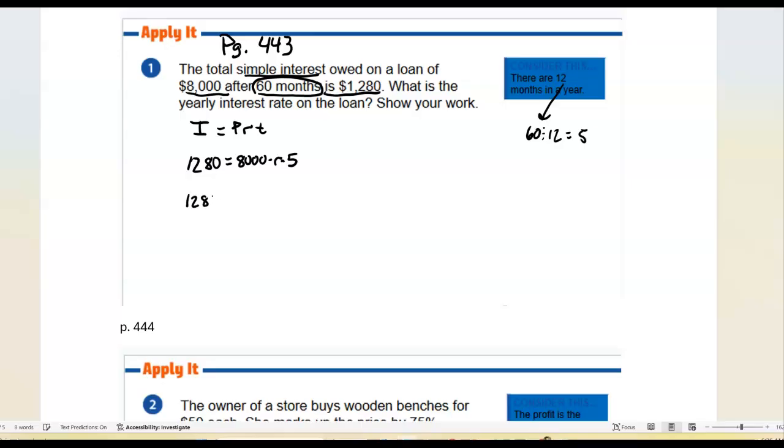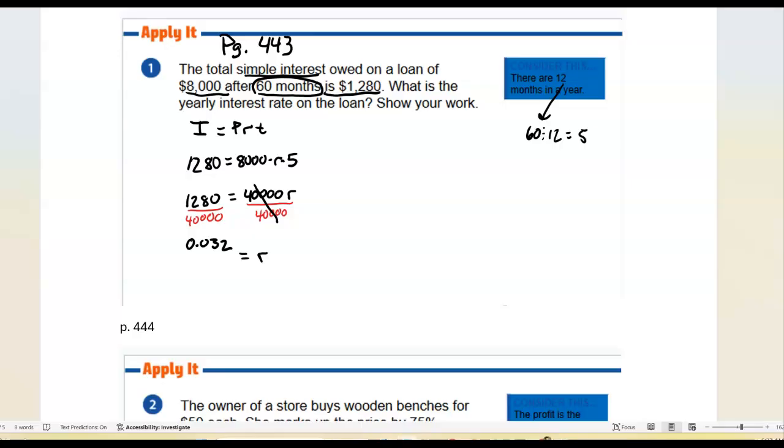So 1,280 is equal to 40,000, because that's what 8,000 times 5 is. 40,000 R. And now you just have a one-step equation where 40,000 times some rate will give you 1,280. You just have to divide both sides by 40,000 to isolate R. These cancel off because they just equal 1. And R is equal to whatever 1,280 divided by 40,000 is. And it gives you